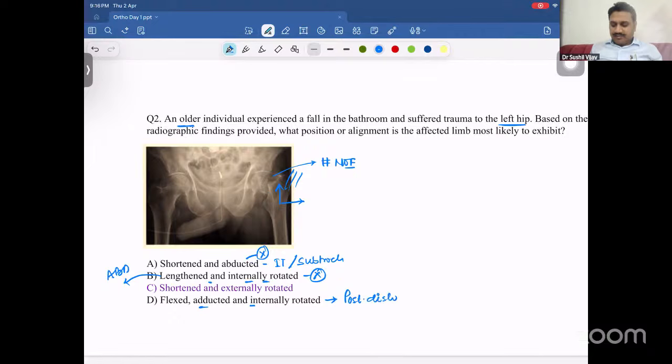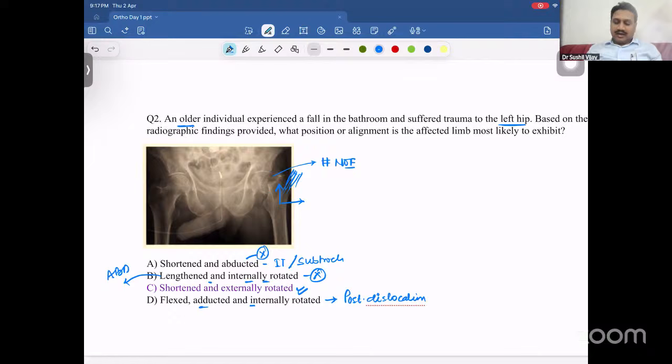So fracture neck of femur or IT fractures usually have shortening with external rotation, right? Neck of femur, it is shortened and externally rotated, right? This is the abductor and the external rotator mechanism over here, right? See, one of the questions I remember in our class as well, in my certain discussions as well,